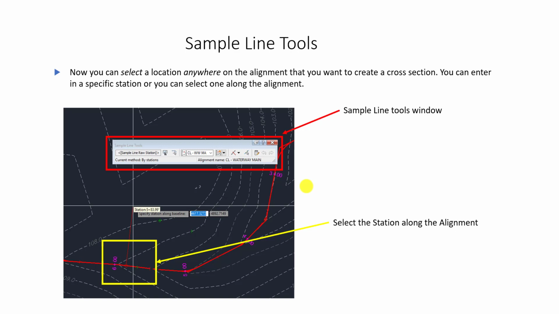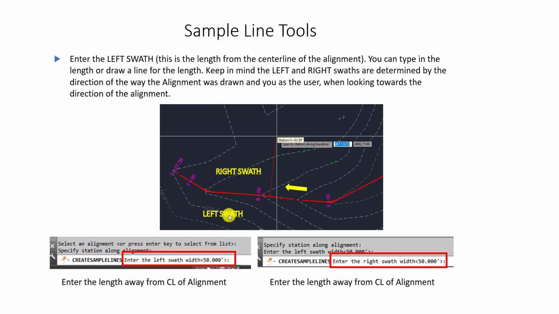In this case, you have a little Sample Line Tools box that pops up. It's saying sample line by station. Centerline of Waterway Main is the alignment name. And then you'll see a little dialog box here. This is the station, or you can just type in whatever station you want, if it's 600, whatever. Once you select that station,